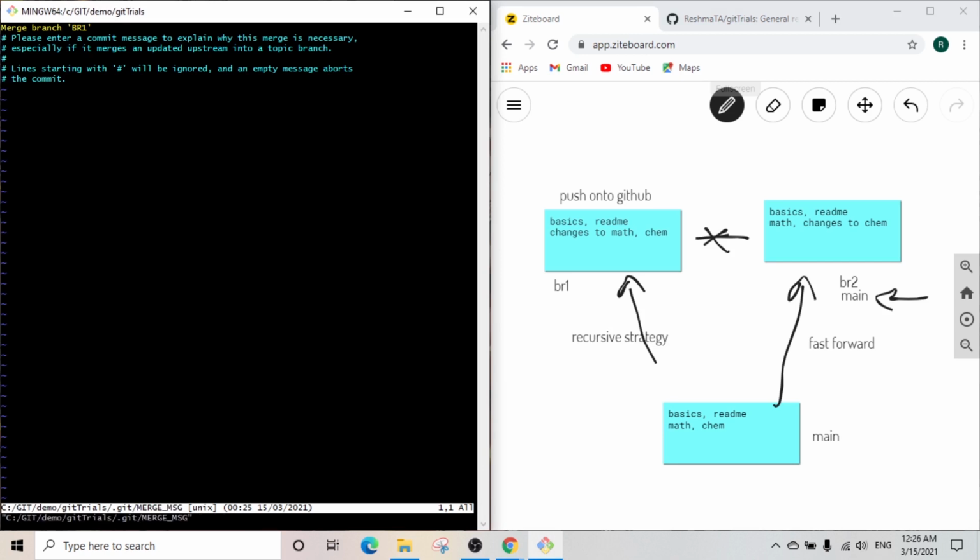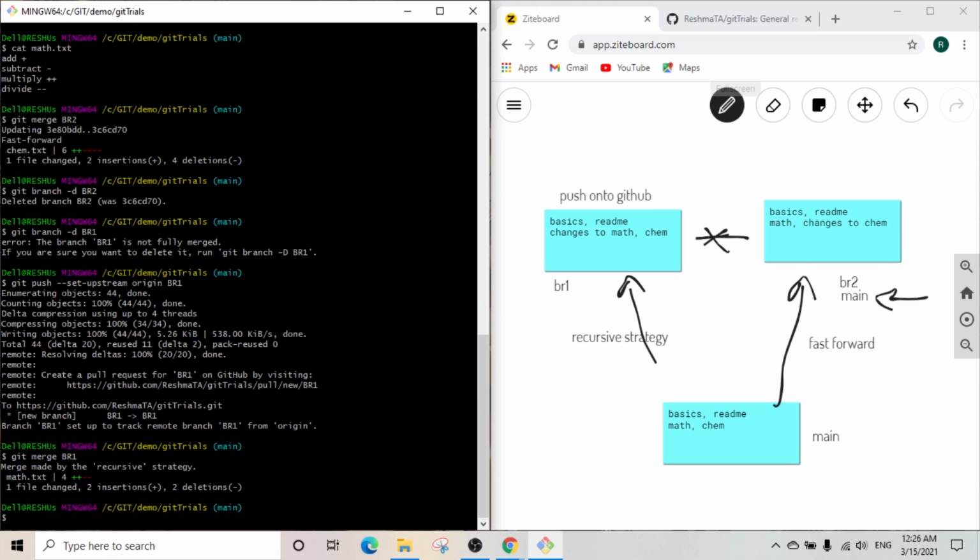Save that, come out. So now you can see the merge has been done, but the merge is made by the recursive strategy, unlike how it was done using the fast forward strategy previously.